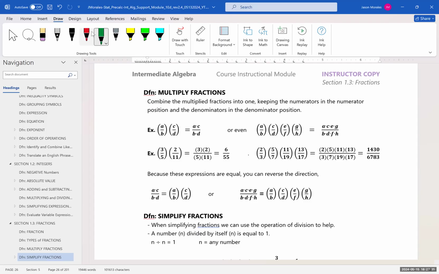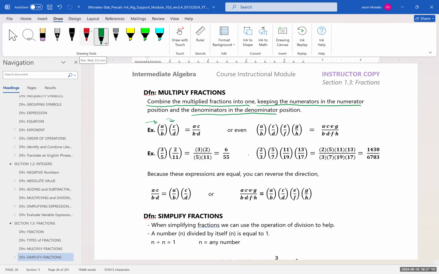Right, next, multiplying fractions. So to combine the multiplied fractions into one, we want to keep the numerators in the numerator and the denominators in the denominator position. So for example, let's say we had two fractions, a over b being multiplied by c